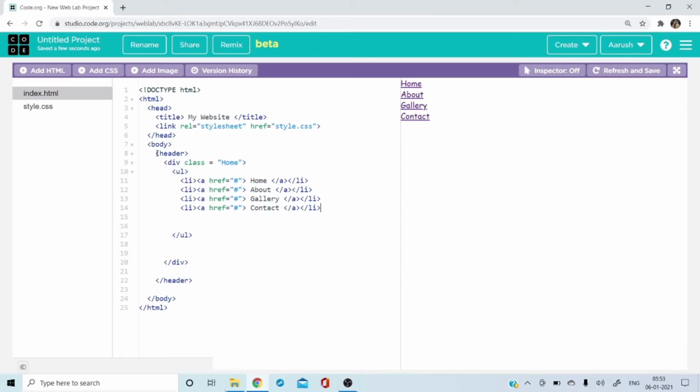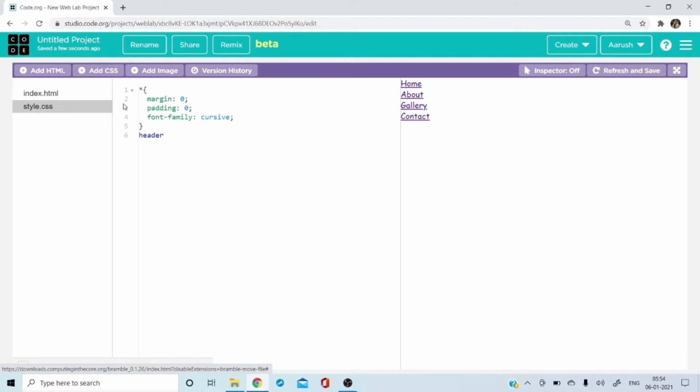Okay. So this is header. Now I'm talking about the header styling. So what will I do? I want some image in the background. Correct? So the first thing which I will do is, I'm going to take this and then take this. Now in this header, what I'm going to do is take some background